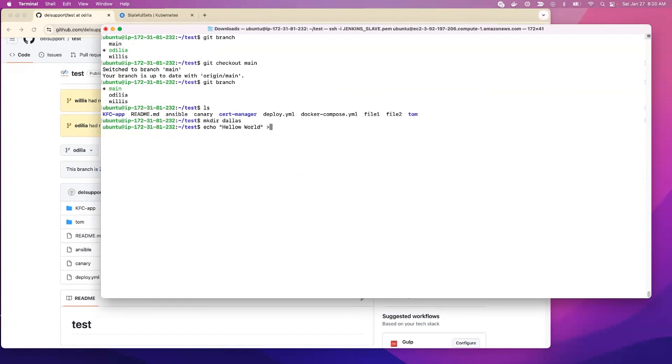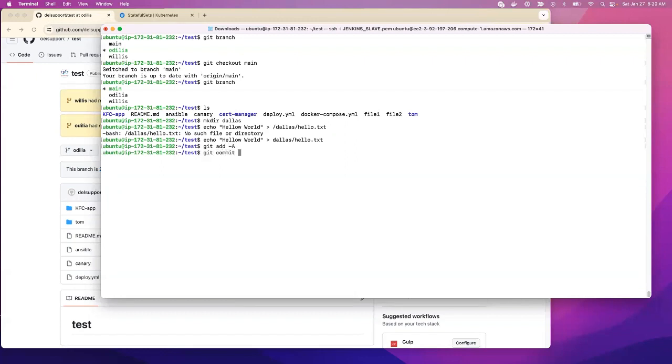Then I redirect that into Dallas, under a file called, for example, hello.txt. Let's see here, echo hello, and redirect. So let's first put this one here. Now, right now, if I do git add,